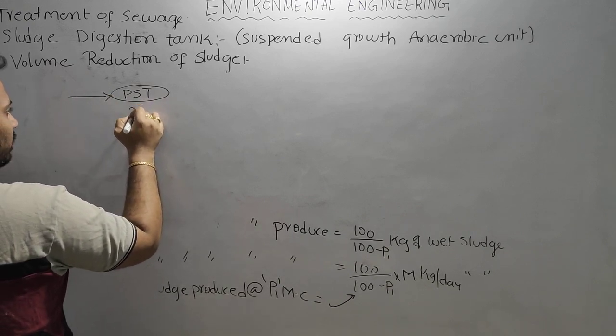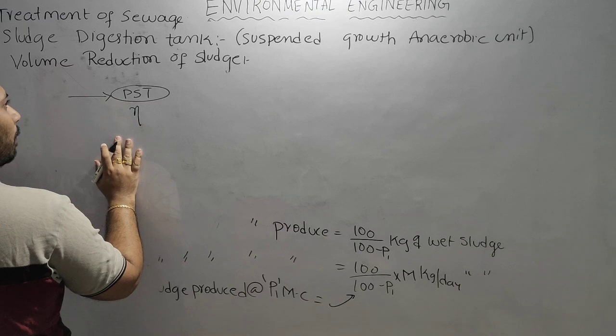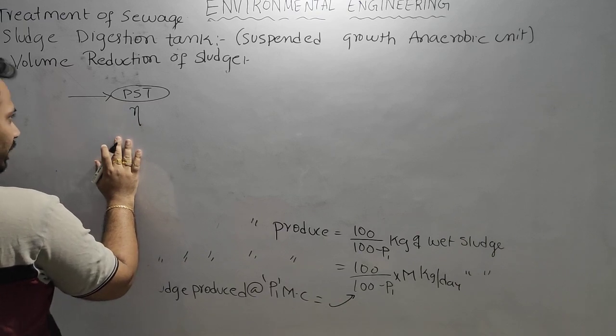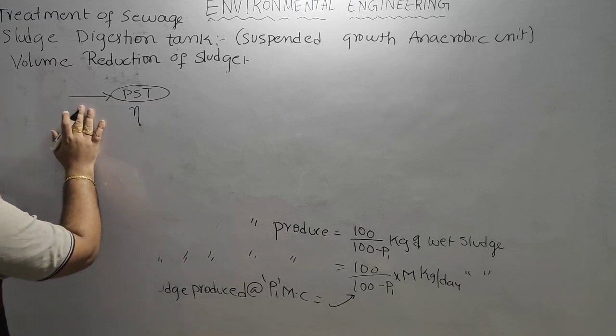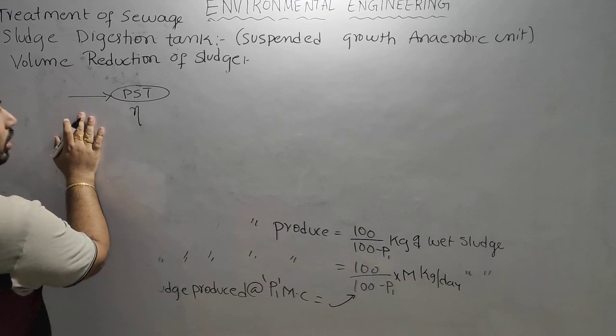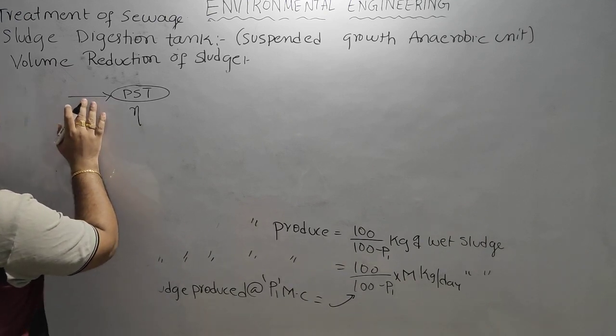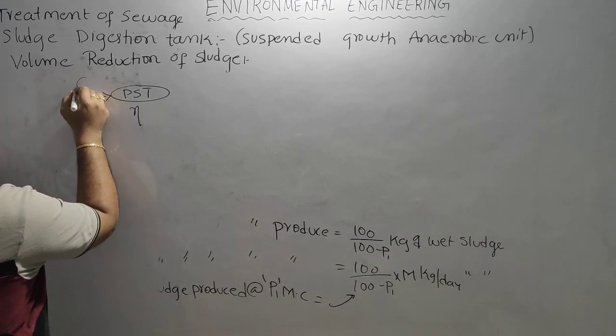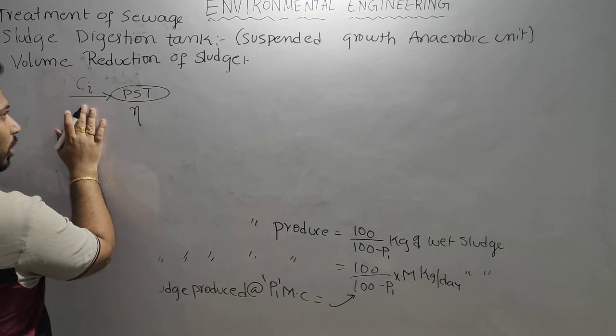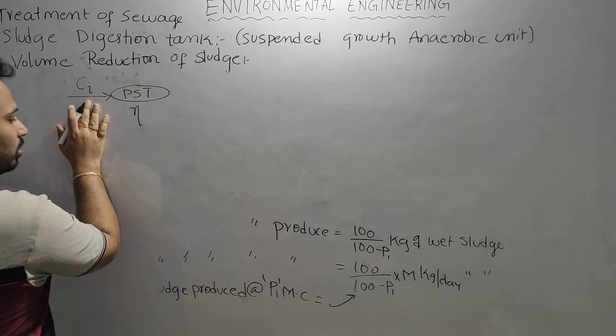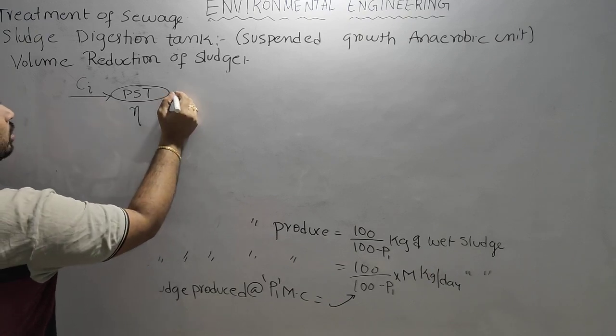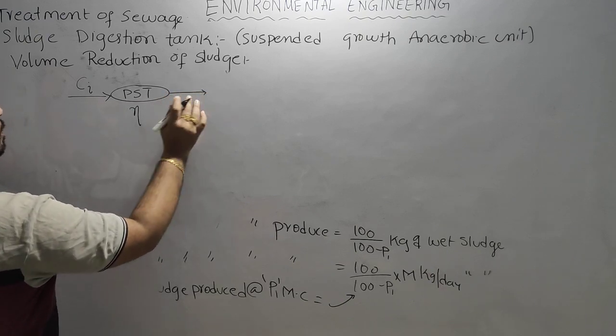Let the efficiency be eta. Let the solids concentration at this point be Ci, and this is the effluent of the primary